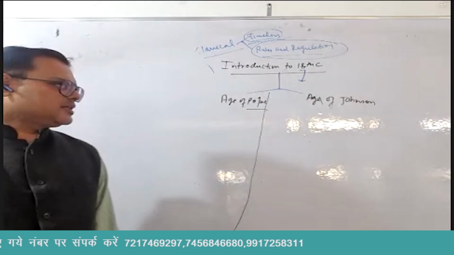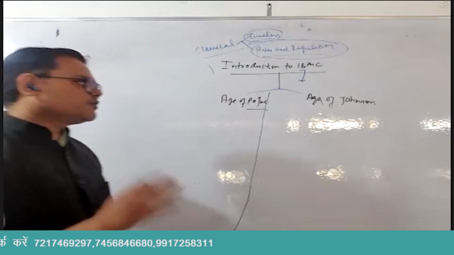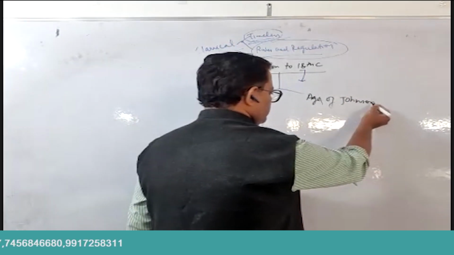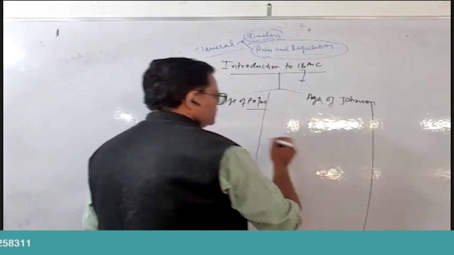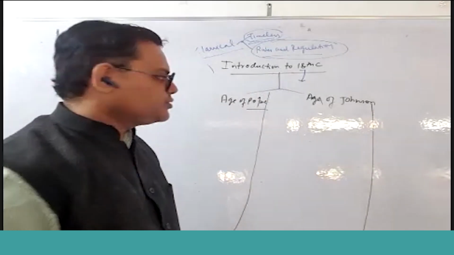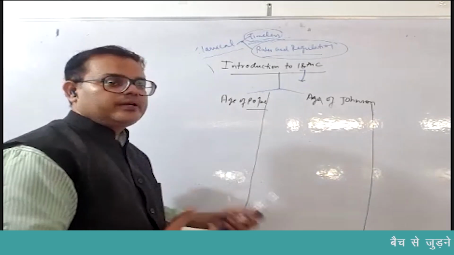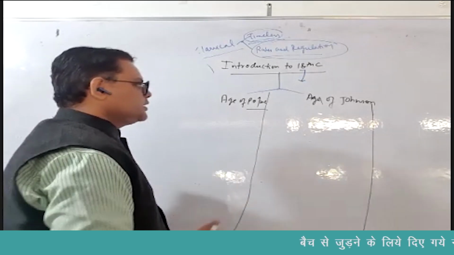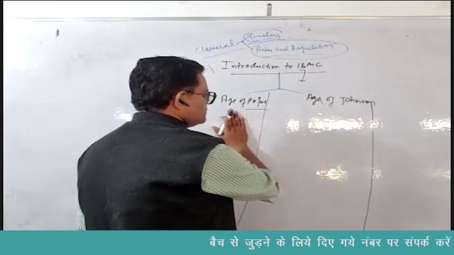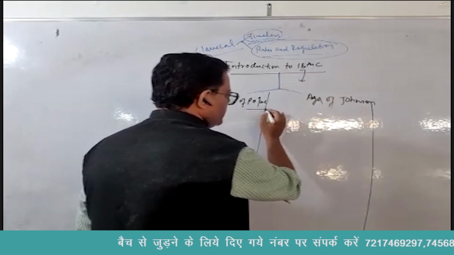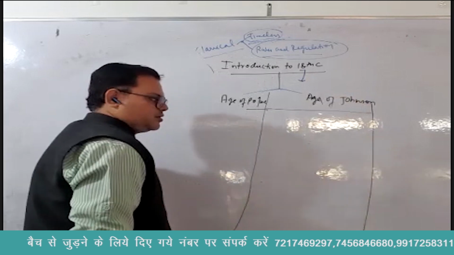In today's class, I am just going to give the names of the movements only and make it competitively relevant. So that's why I am going to name some of the movements in front of you that appeared. The first half is Pope, the second is Johnson. Let's come in between. What was in between?